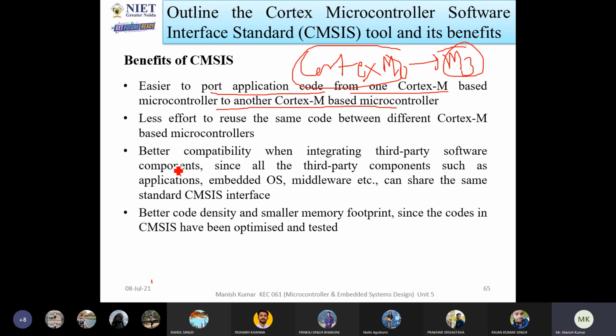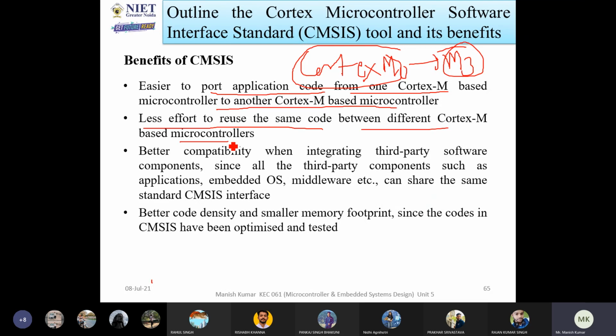And also, it takes less effort to use the same code between different Cortex-M based microcontrollers. See, if you are going to use the same code, you will face a little bit of difficulty. How? Let us consider that every controller has a different pin configuration. Correct?